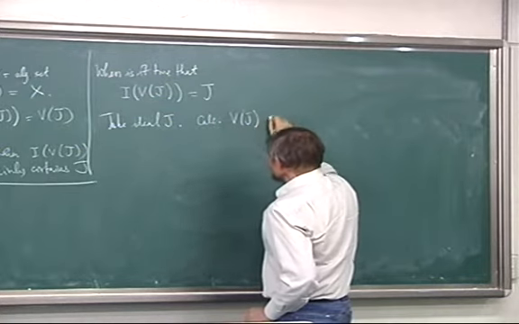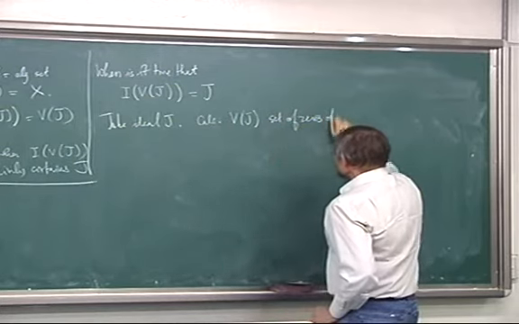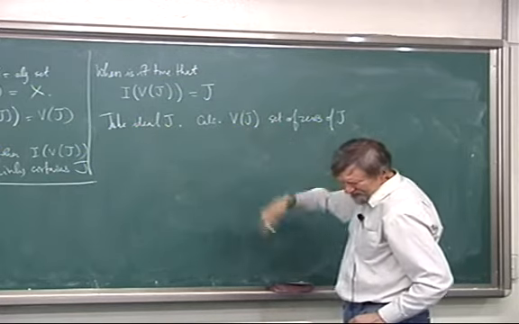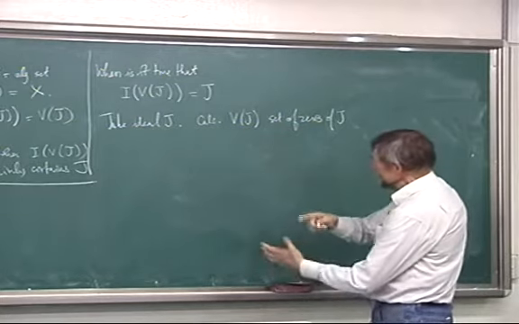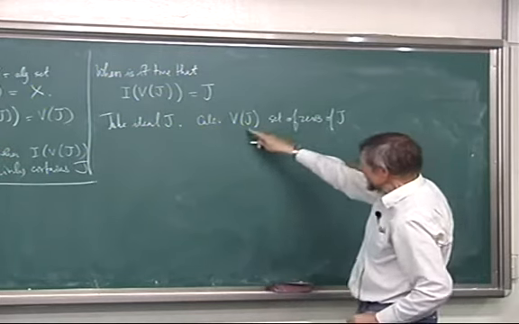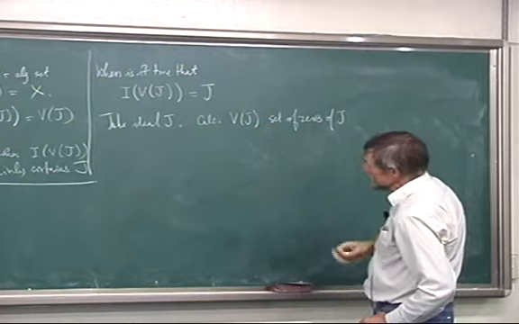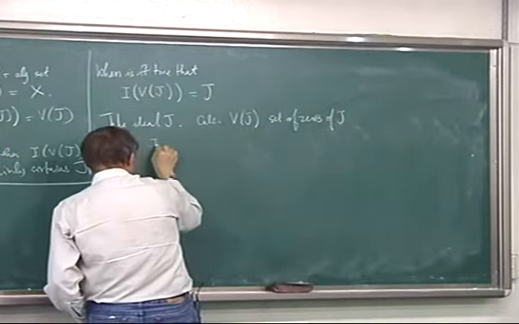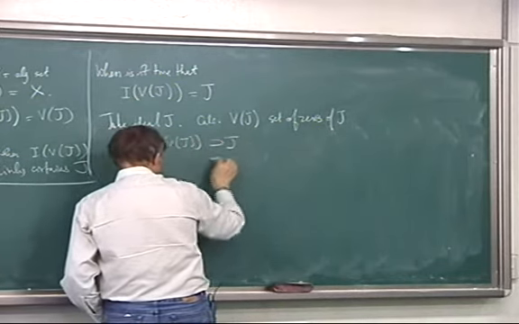So this is the set of zeros of J. So J is, in effect, finitely many polynomials. J is an ideal, so it's generated by finitely many polynomials. So this V of J is asking g1, g2 up to gn are all 0. And so this is the common set of zeros of all of those polynomials. Right? And then I want to know that when I do I of V of J, well, that certainly contains J, but I want it